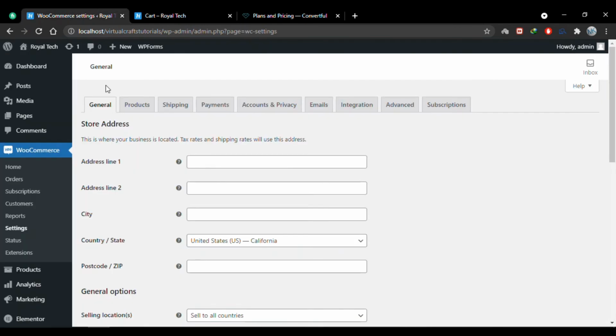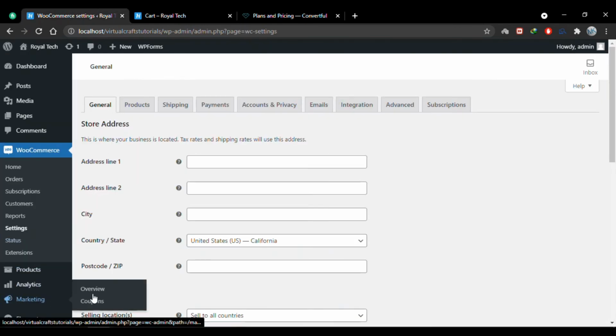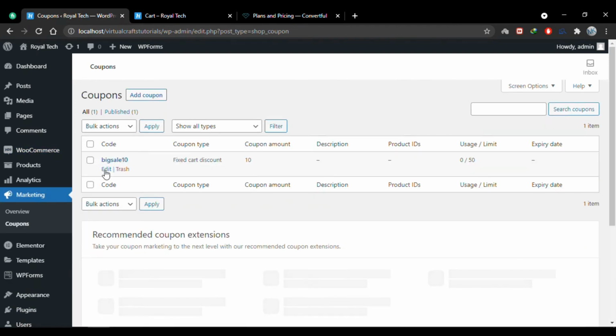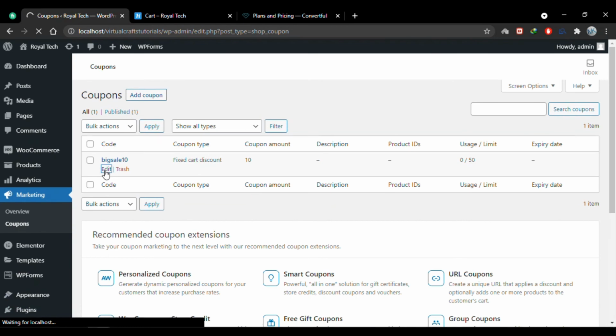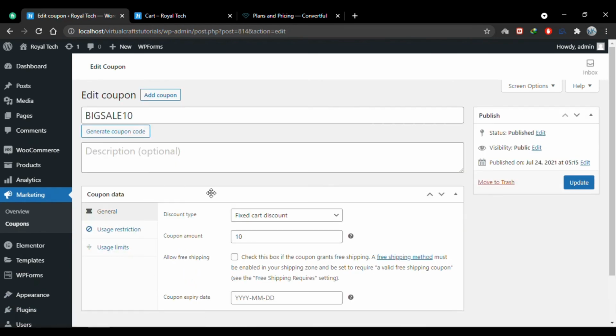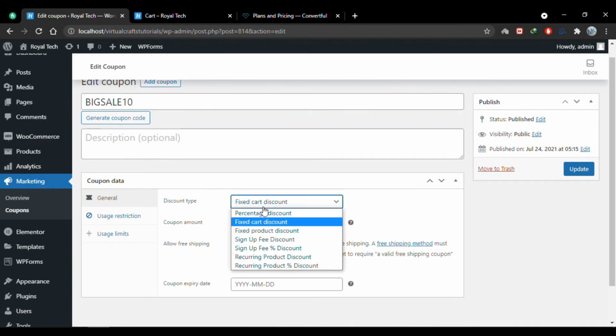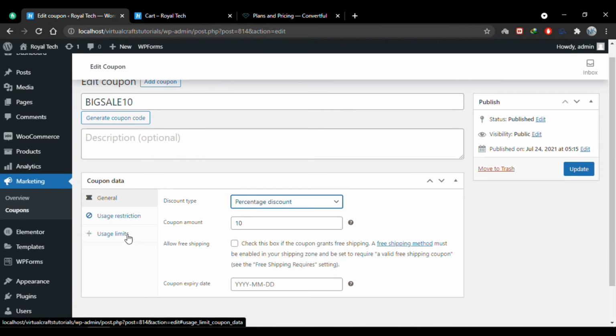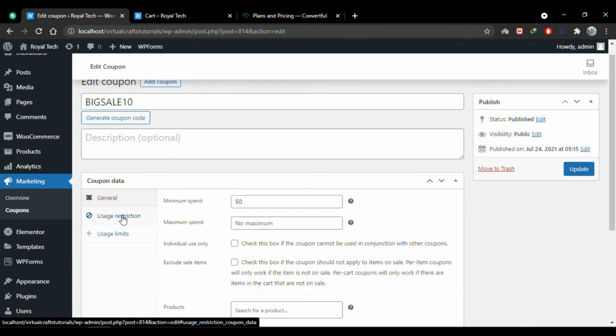I'll go back to my dashboard. I'll go to the coupons again. I'll edit this one, and this time let's choose this one to be percentage discount, and let's remove the usage restriction.